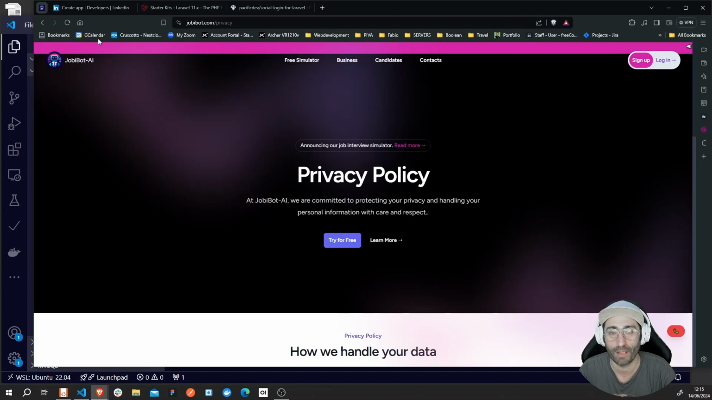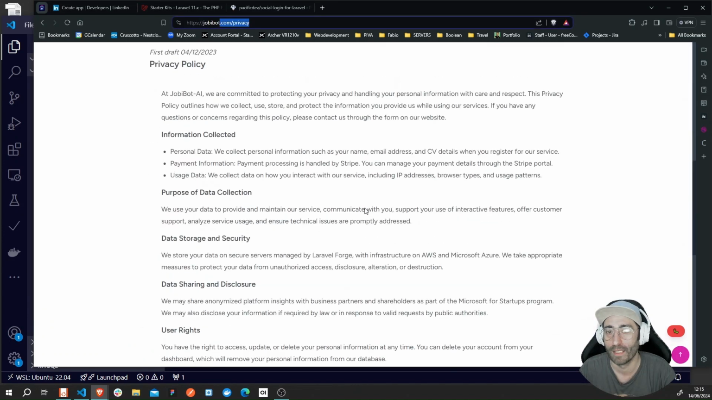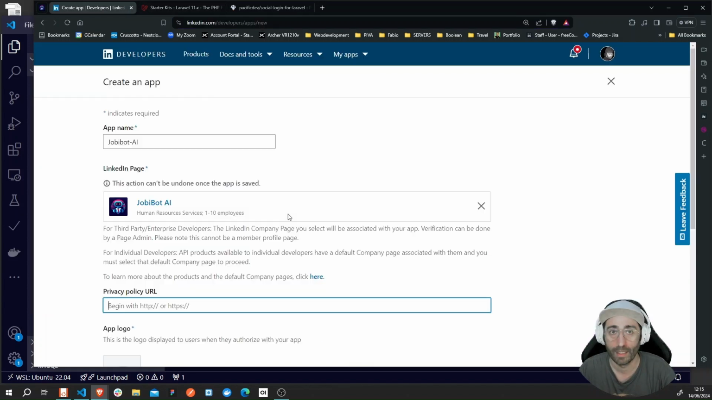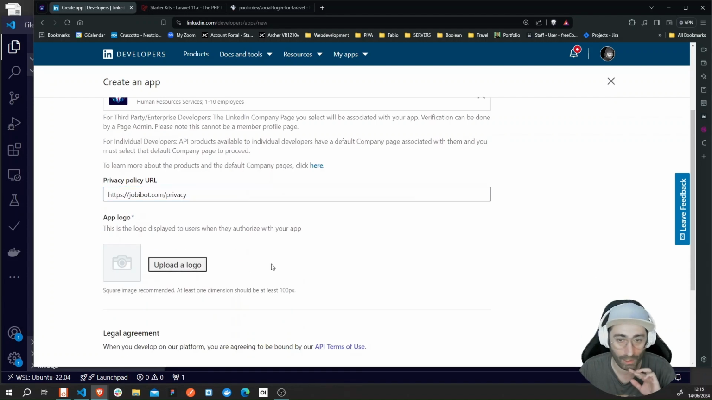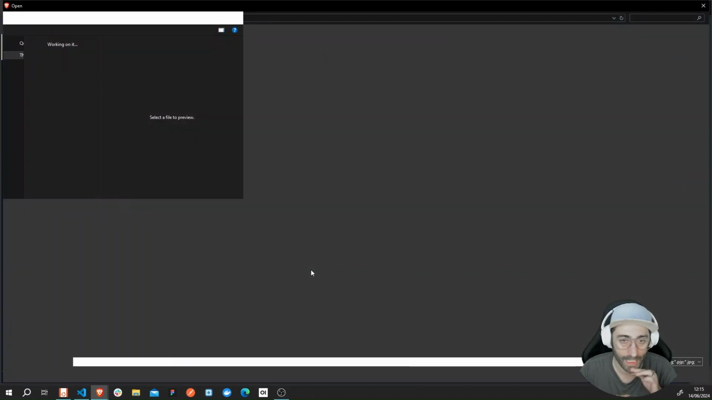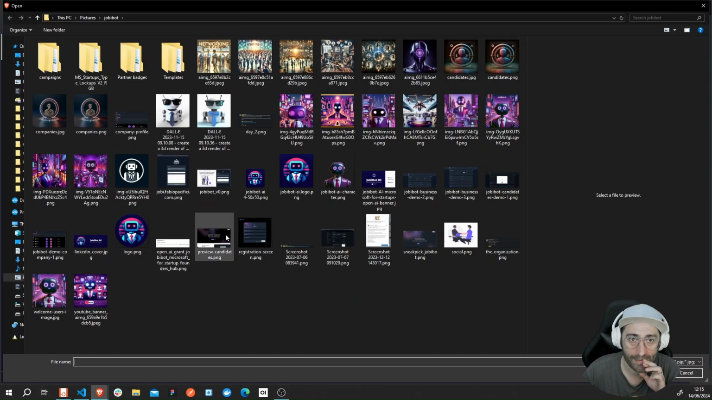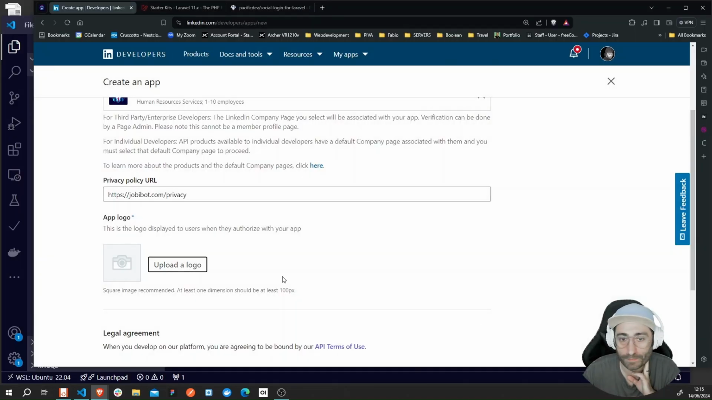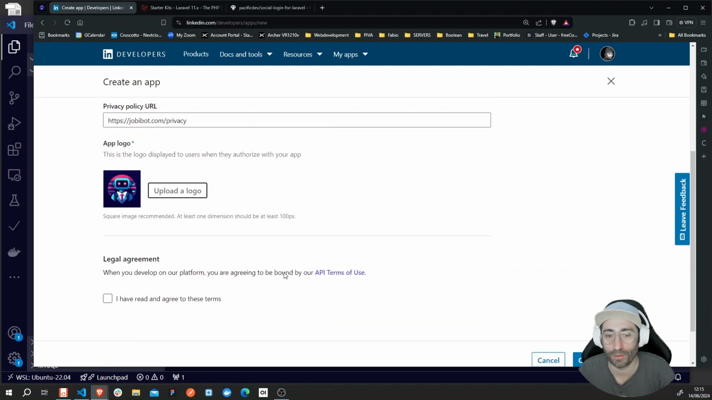So let me grab just the privacy policy from the jobbybot.com website. So this is the privacy policy page, and then copy the link and put it here. Then let me just grab a logo for it, and let's see. I'm gonna get this little icon, and that's gonna be the application logo. Then we need to accept the agreement and hopefully read the agreement,